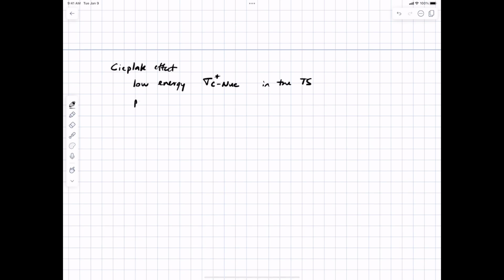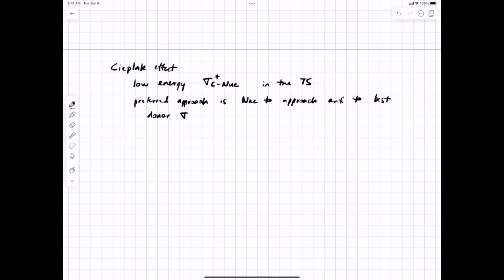And the preferred pathway, the preferred approach, is for the nucleophile to approach anti to the best